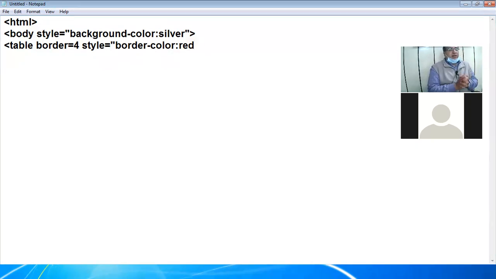Now, beta, see here. When you are giving more than one property in inline CSS, separate them by a semicolon. These can become your basic questions for viva also. How can we separate two properties, via comma or via semicolon? Via semicolon, right?